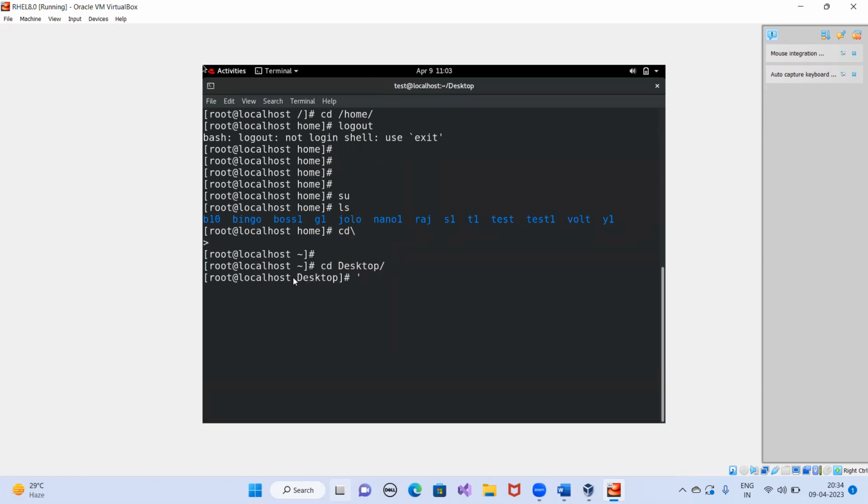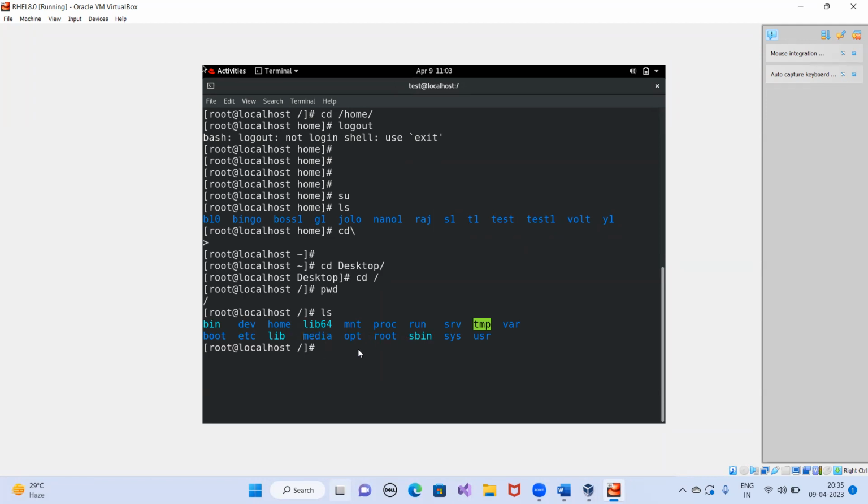So we are in the desktop location, and see how did I check it? Earlier I was in the root location. I was in the slash directory, and in the slash directory I did ls, and here I could not find any desktop item. Let me show you again. Suppose I'm going to the slash location. Currently I am in slash. Slash means root. In the root, if I do ls, I can't see any desktop here. It means desktop is not inside this location.